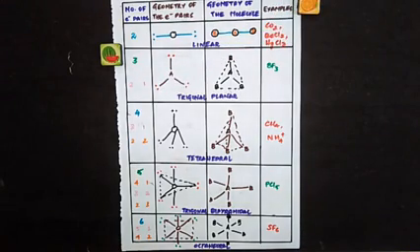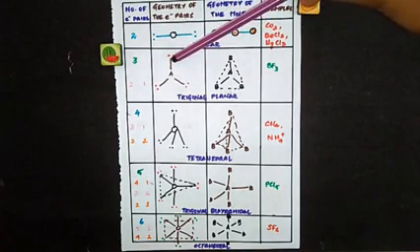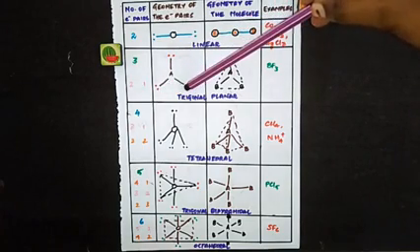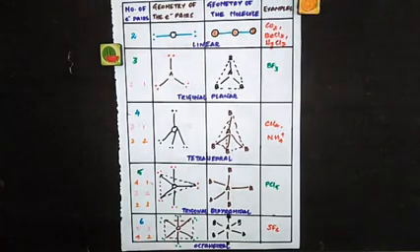so no problem. Suppose instead of this bond pair, I have a lone pair here. I told you bond pair-lone pair repulsion will be different, and lone pair-lone pair repulsion will also be different. Out of these three, which repulsion will be maximum? Lone pair-lone pair repulsion will be maximum, then comes lone pair-bond pair repulsion, and finally bond pair-bond pair repulsion.